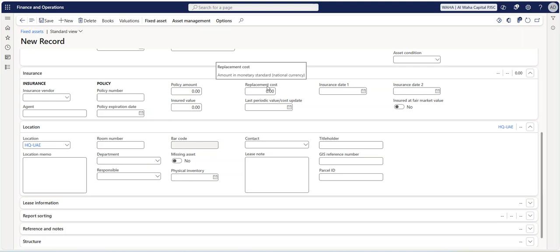So in the insurance tab, you can provide who your insurance vendor is, I mean from whom you have purchased the insurance for this particular fixed asset. So you can select the insurance and insurance agent name, and you can give the policy number, policy expiry date, policy amount, how much your insured amount is, and whether there is any replacement cost, so you can update that. Okay, and you can update the last periodic value cost updated. Your insurance and policy information you can update in this particular insurance tab. Okay,